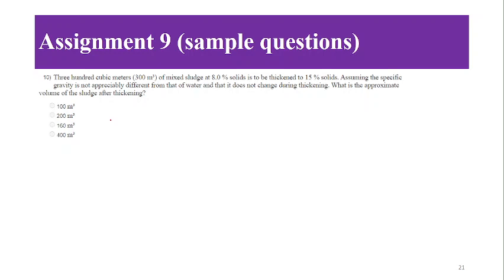Next question, 300 cubic meters of mixed sludge at 8% solids is to be thickened to 15% solids. Assuming the specific gravity is not appreciably different from that of water, and that it does not change during thickening as well. So what is the approximate volume of the sludge after thickening? So we need to find out the approximate volume of the thickened stream. So if we say here that this is a thickener,